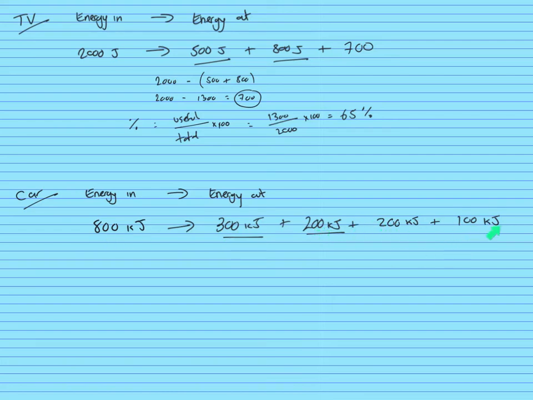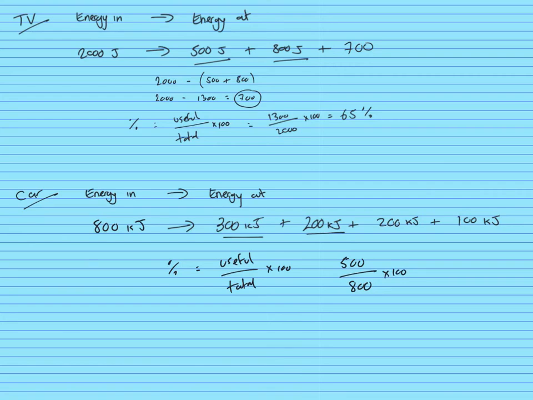So that's the first thing I would do. I would get them all figured out. And then I'm going to calculate the percentage efficiency here. So percentage equals useful over total times 100. What's my useful energy? I've got 300 because it's underlined, and I've got 200 there because it's underlined. So I've got a total useful energy of 500 over my total energy, which is 800